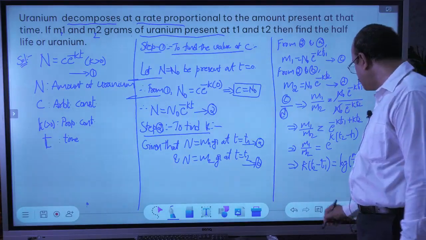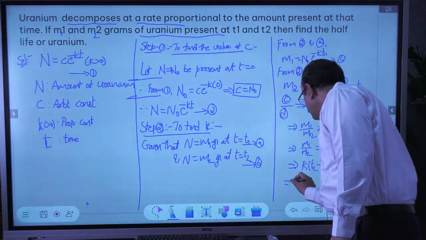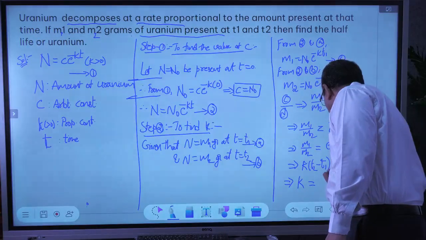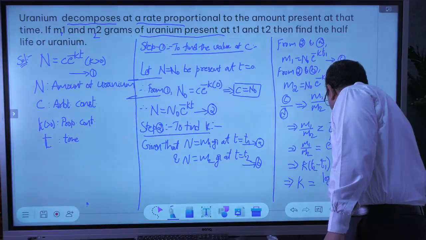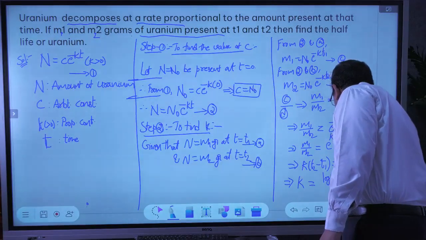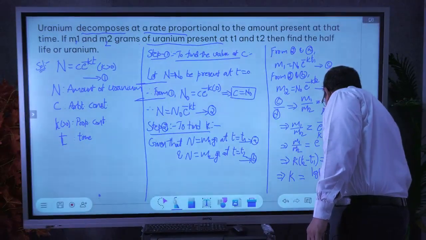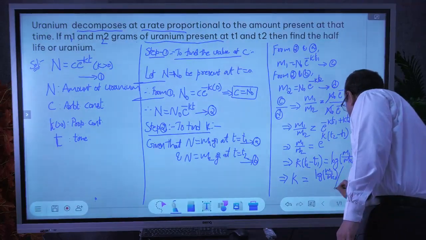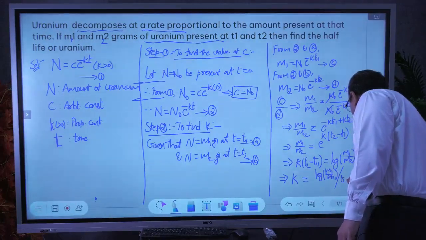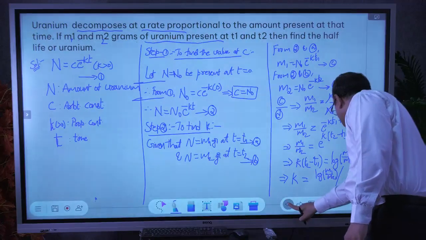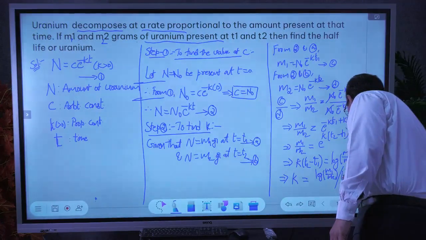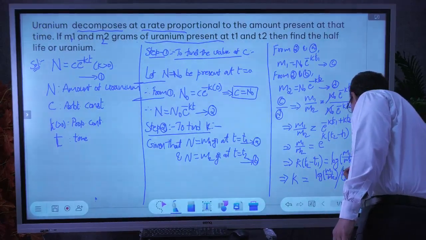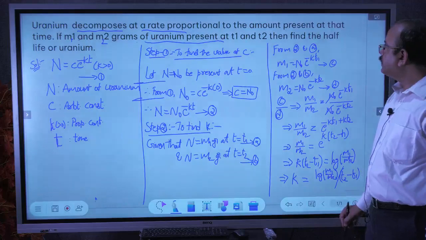This is what we got, or otherwise finally if we want the k value, we can write k is equal to log of m1 by m2 divided by t2 minus t1. Now by using this k value, finally we will